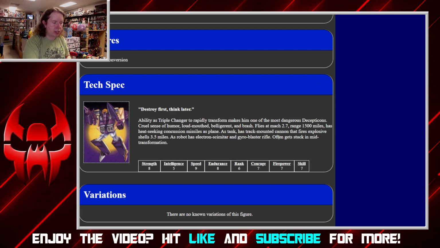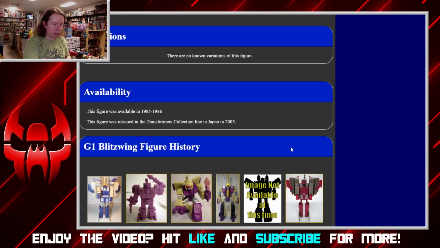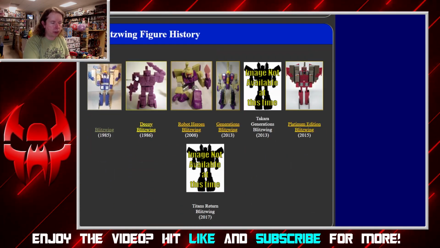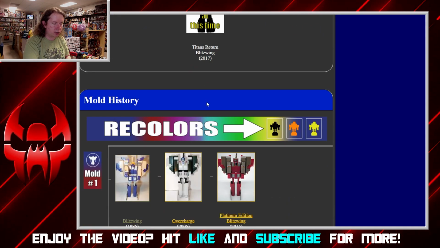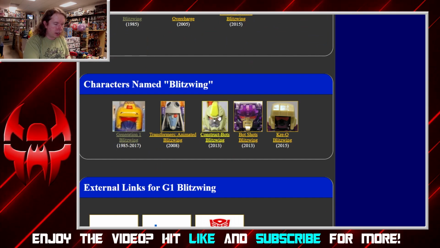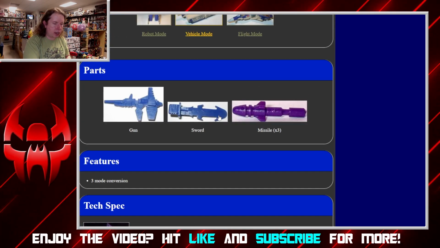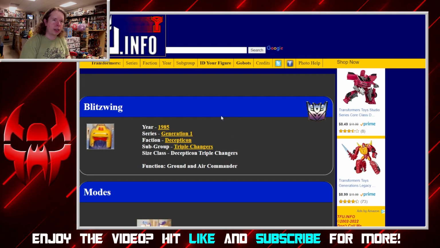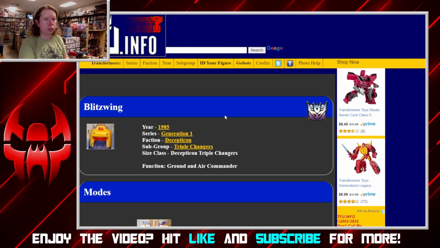If you need other things, they have tech specs available too. They have the bios, they have the numbers. They'll tell you if there's variations on the toy. They'll tell you all the different other character versions of the toy, as well as any recolors that exist of that particular toy. Now, this website does not get updated quite as often or regularly as it used to, but